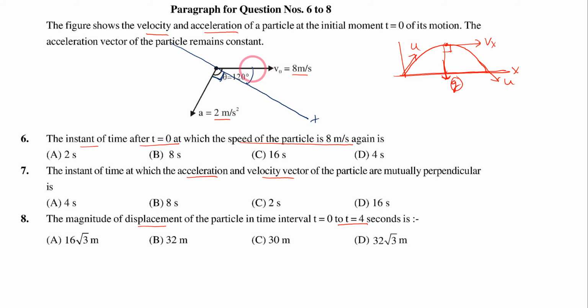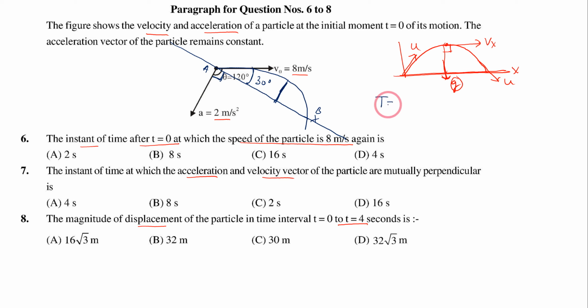Then what will be this angle? This angle will be 30 degrees. Now we will treat this 30 as the angle of projection and 8 as the initial projection velocity. So how is the path of the particle? It will go like this from A to B. Its range will be AB. This will be the maximum height, and in this we will find the time, right.